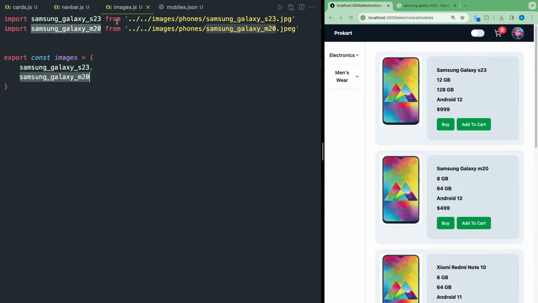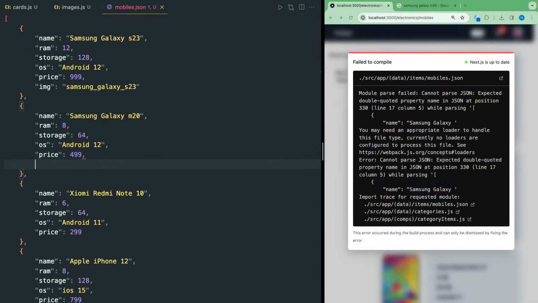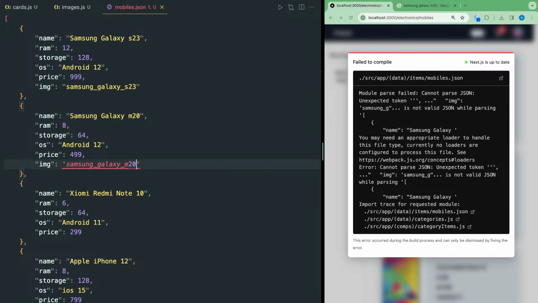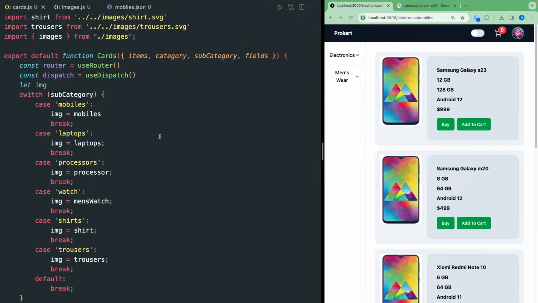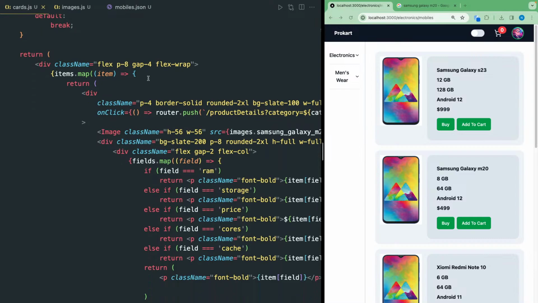So this is M20, then inside cards, or I can say here image, right? So now inside cards, for mobiles,